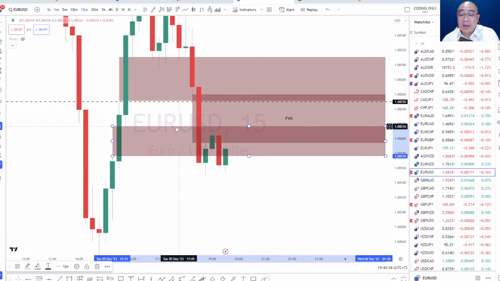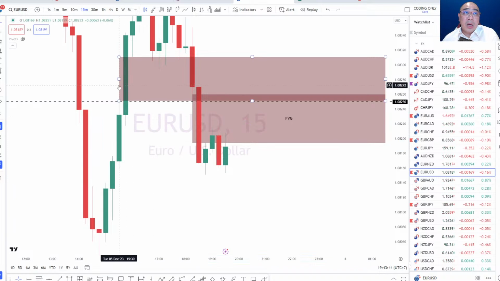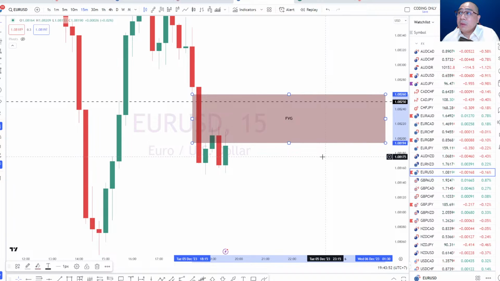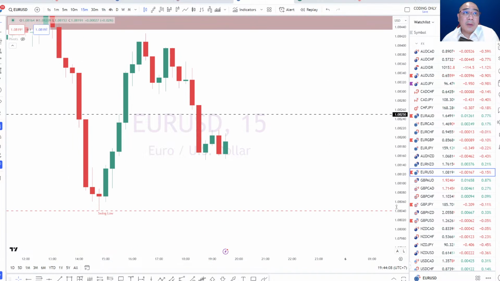It's just that when this is taught to a lot of traders by concept, typically a lot of them just identify one fair value gap. I know it's probably less confusing, but it's also misleading to a certain degree. So I just want to be clear on this one here. All right. A lot of you guys probably learned something new here on how to actually use fair value gaps. Hopefully I gave you a good illustration. Okay, all right, so let's move on, because we're still not done yet.